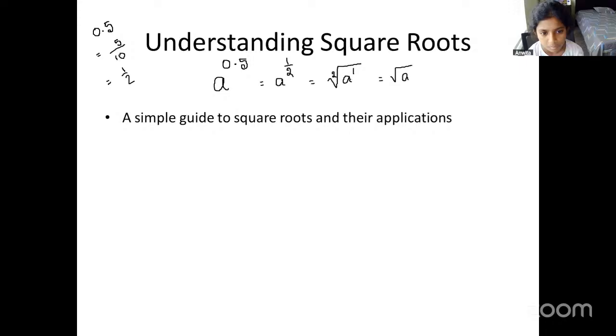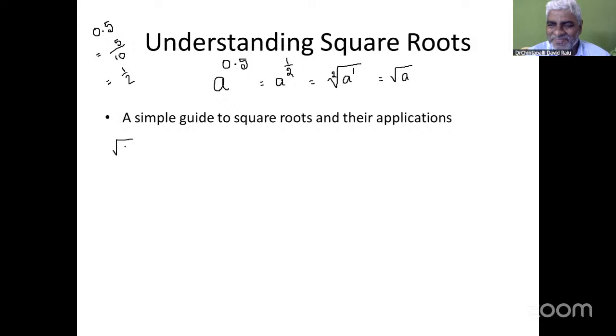Another name of root a is a to the power of 1 by 2, or a to the power of 0.5, right? Okay, sir. Please tell some square roots. For example, the square root of